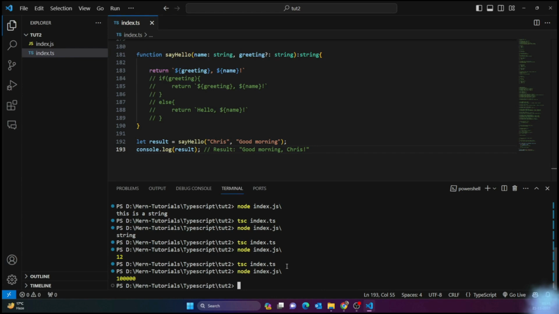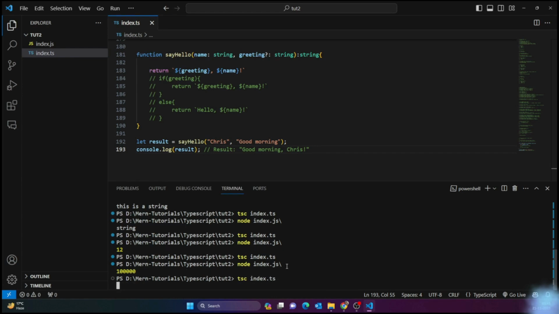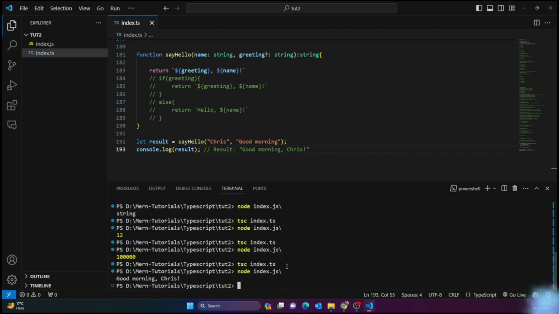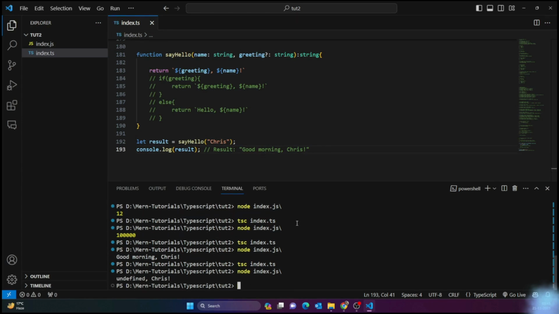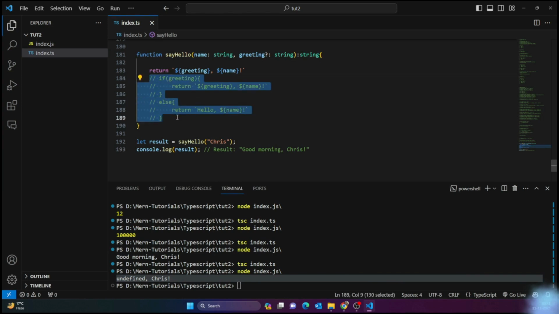So let me just try to run this, so you can see that it's running properly. But suppose if I don't provide this, what would happen? You can see that it would again run like this, and you can actually see I'm getting undefined. So it's pretty long, right? I'm getting undefined. So in that case, you can easily provide this if statement, and it would do